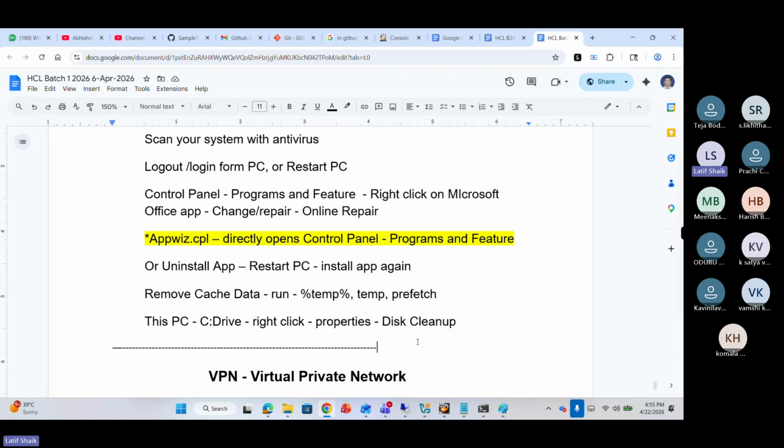Not only the Outlook application, if multiple applications are not working, different applications are not working, your web browser not working, so multiple applications are not working, what to do? Go to